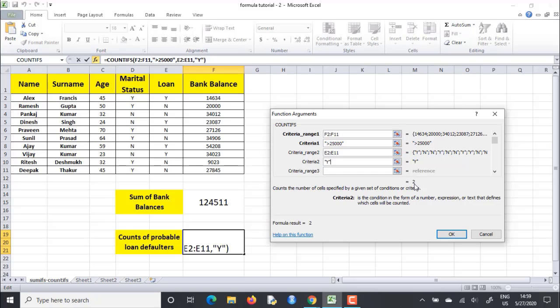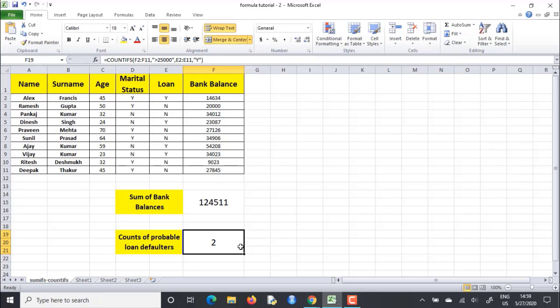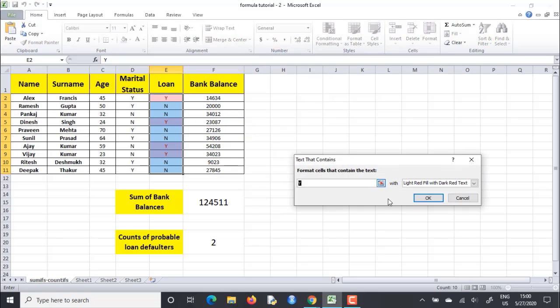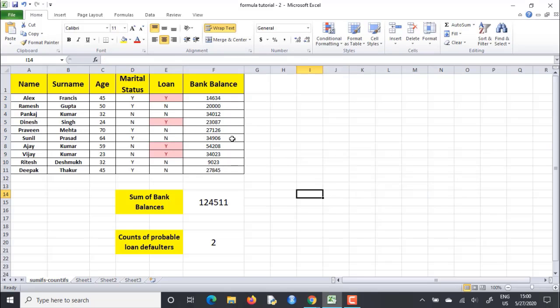Okay, you can see the preliminary result to be 2. I will press OK, and this 2 will pop up in the cells F19, F20 and F21. Here you go. So we will do our pretty conditional formatting that we did in the previous SUMIFS function as well. Here, Highlight Cell Rules, I will go to Text that Contains. I will leave it as Y because I want the loan status to be Y, and press OK. So it colored all the Y's in here.